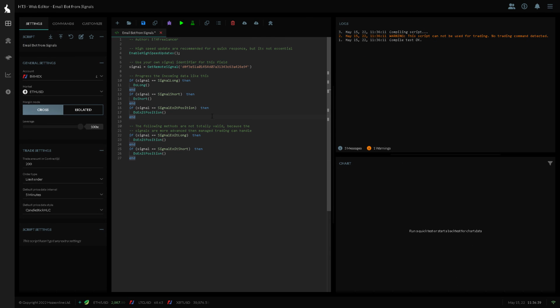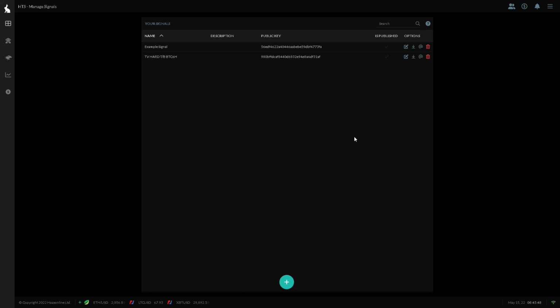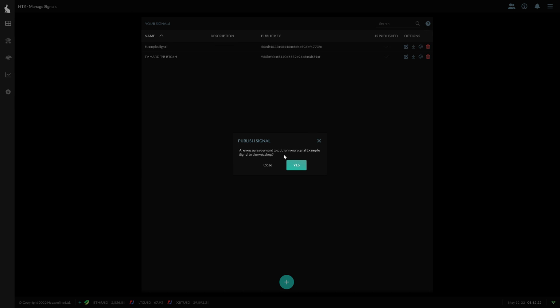If you aren't tech savvy, then the word webhooks may be a bit intimidating, but once you try to set it up, you'll understand how convenient and useful this new feature is. And another nice thing, eventually you'll be able to publish your signals as a service in the Haas webshop.